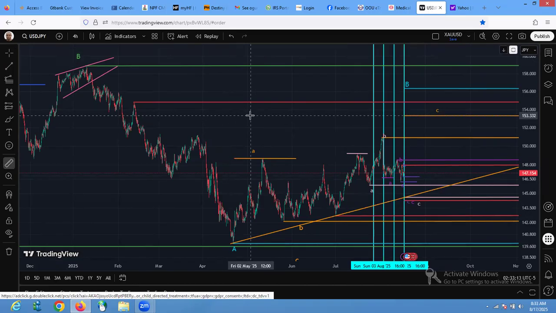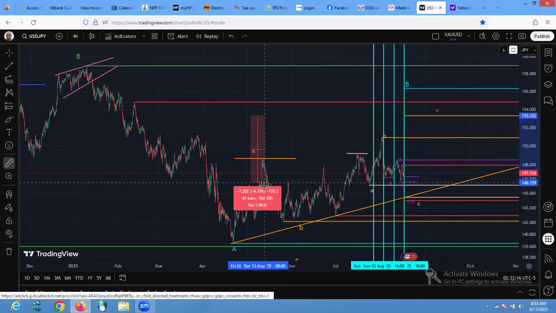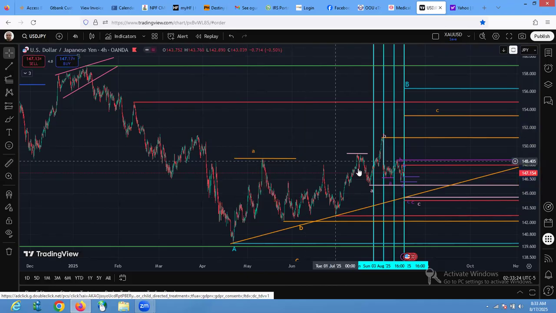If we get a push from here to the upside, that's about 800 and something pips. I still expect about 800 pips from here to the upside before we fall. And that will complete an A, B, C structure of the blue, the B in the blue, before we begin to fall. So with that, I've come to the end of that